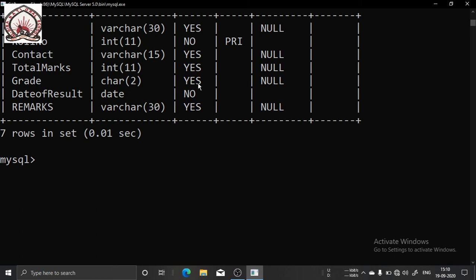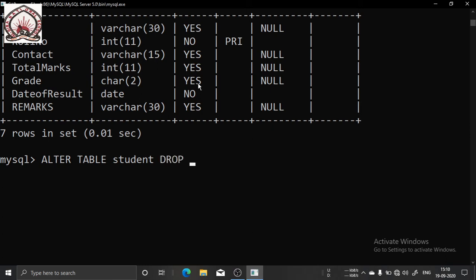Now how to delete a column? Suppose I want to delete the column remarks. What will be my syntax? It will be alter table, my table name is student. Alter table student, then I will give the command drop.